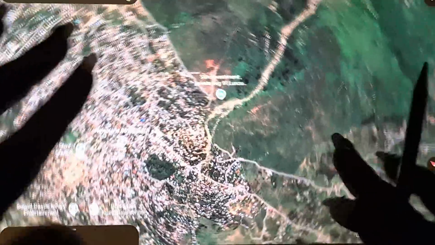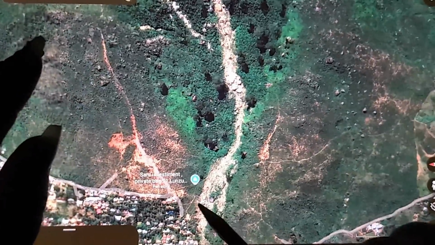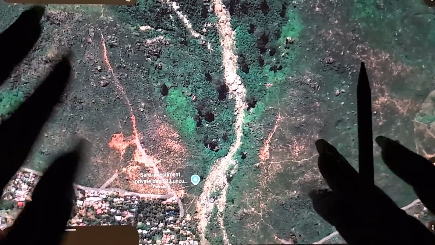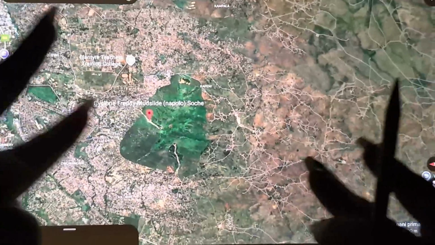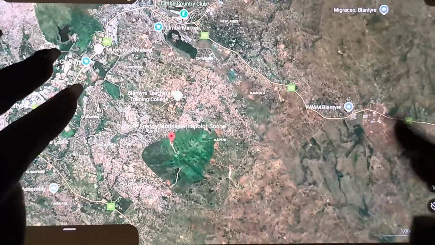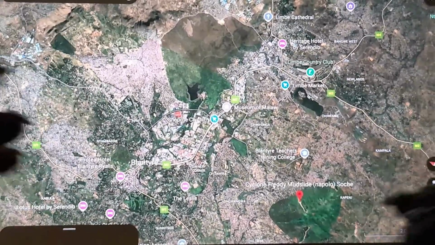But yeah, you would hope that soon they'd be able to build some landslide fences, places like that, so that this wouldn't happen again. Because, you know, it could happen any rainy season, right? Something else I wanted to show you about Blantyre, because I was reading about the different types of living conditions